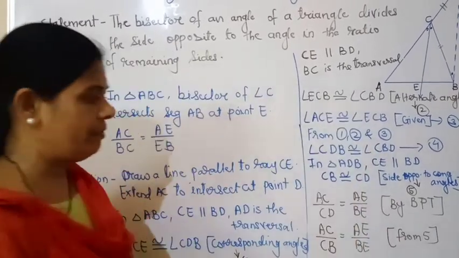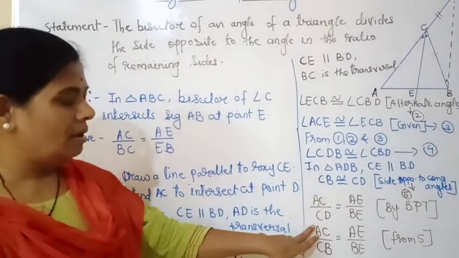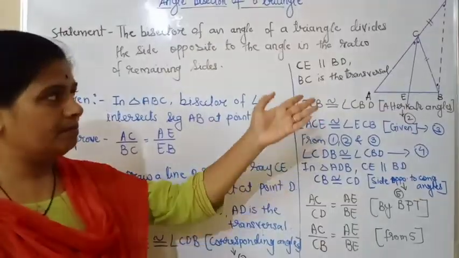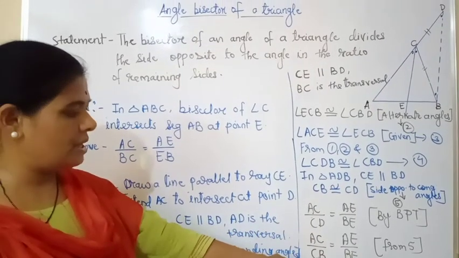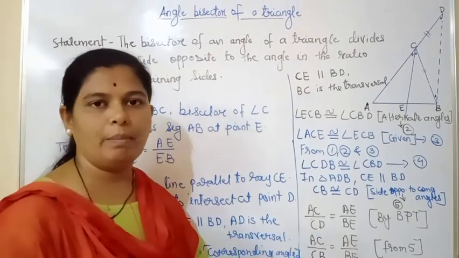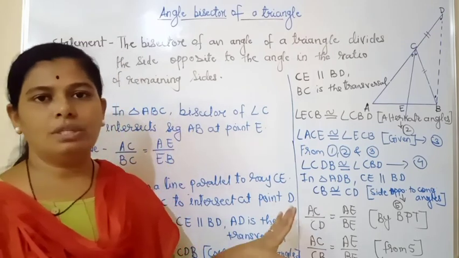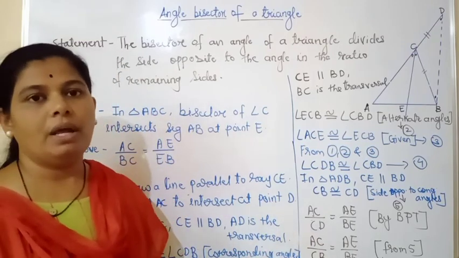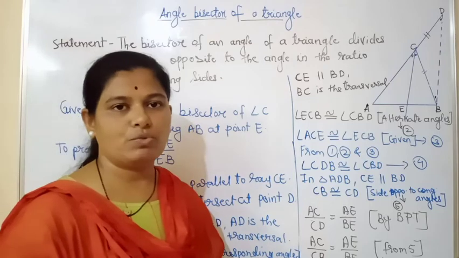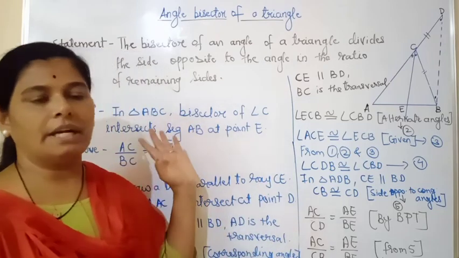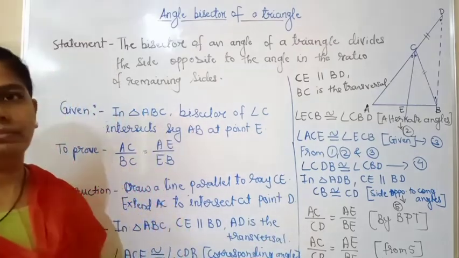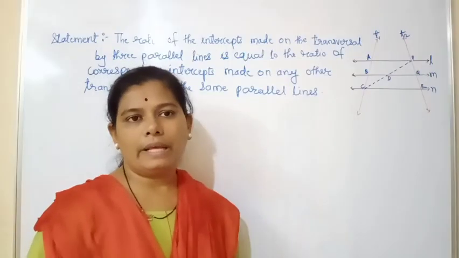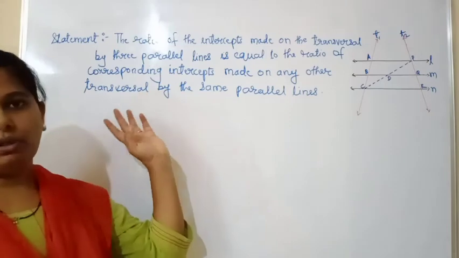Okay, and in this way we can prove that the line which is parallel divides in the same ratio, that is AC upon CB equal to AE upon BE. So these theorems are very important. It can be asked in the activity based form, or a statement will be given to you. Very important theorem. Now we will study the next theorem,